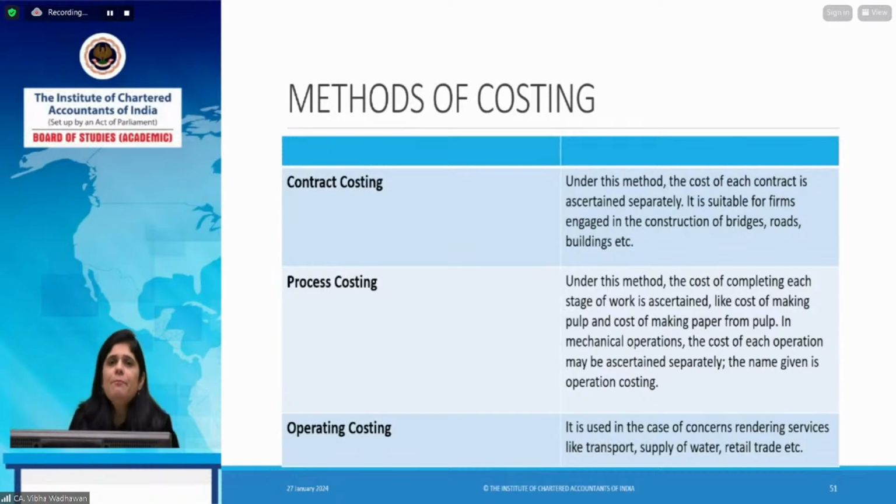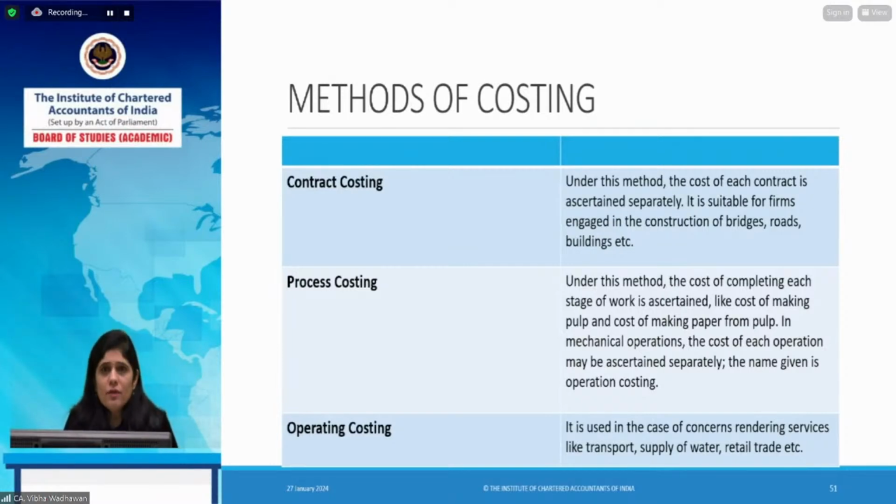कॉन्ट्रैक्ट कॉस्टिंग कंस्ट्रक्शन में यूज होता है। आप बिल्डिंग कंस्ट्रक्ट कर रहे हो, रोड कंस्ट्रक्ट कर रहे हो, सो कॉन्ट्रैक्ट कॉस्टिंग वेयर यू मेक द कॉन्ट्रैक्ट पर कॉन्ट्रैक्ट, कॉस्टिंग पर कॉन्ट्रैक्ट के हिसाब से होती है। सो आई एम अ कॉन्ट्रैक्टर, आई हैव 3 कॉन्ट्रैक्ट्स। रोड बनाने का कॉन्ट्रैक्ट है, बिल्डिंग बनाने का कॉन्ट्रैक्ट है, और फ्लाईओवर बनाने का कॉन्ट्रैक्ट है। सो एवरी 3 कॉन्ट्रैक्ट्स आर डिफरेंट कॉस्ट ऑब्जेक्ट्स। ठीक है, रोड की अलग कॉस्टिंग बनेगी, उसका अकाउंट अलग बनेगा, फ्लाईओवर की कॉस्टिंग अलग बनेगी, और बिल्डिंग का अकाउंट अलग बनेगा। सो कॉन्ट्रैक्ट कॉस्टिंग तो ये कंस्ट्रक्शन में यूज होता है।